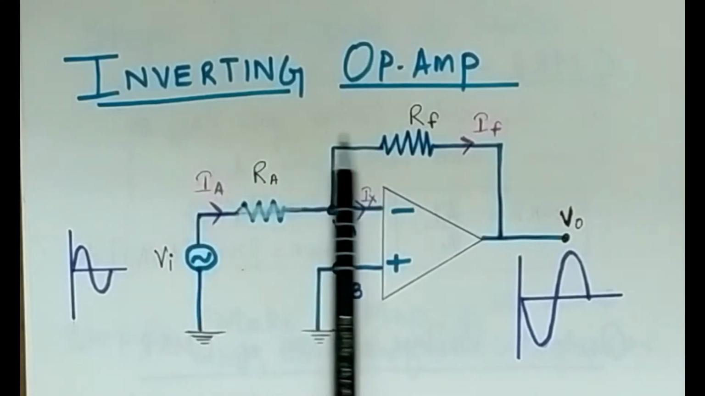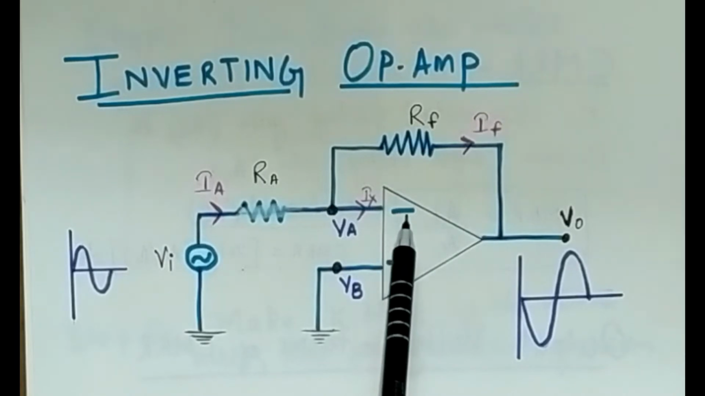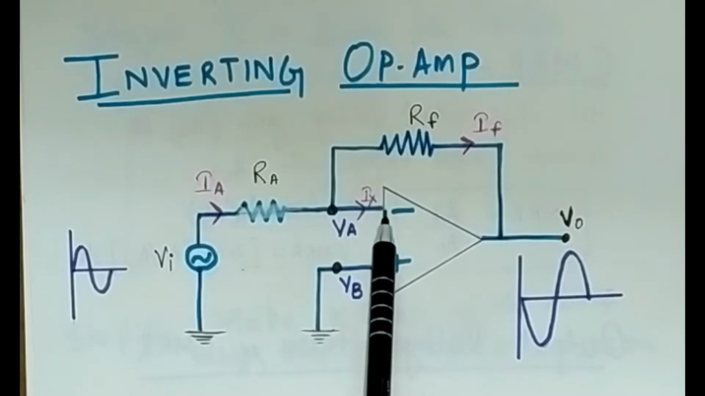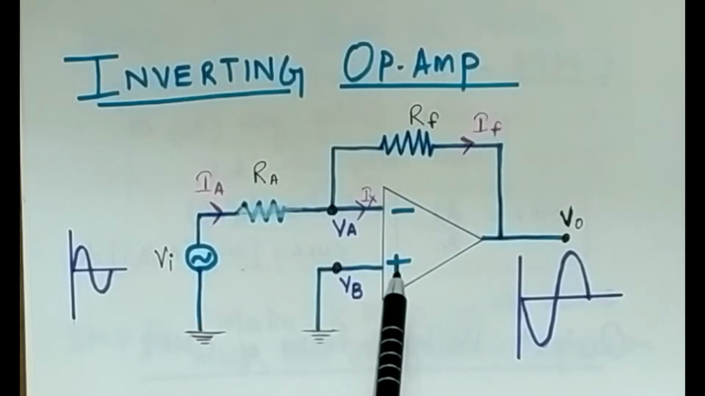So why is the name inverting OPAMP? Since I have told you in the previous lecture that an OPAMP has two input terminals. This is negative and this is plus. This is called the inverting terminal. This is called the non-inverting terminal. So when the input voltage is given to the inverting terminal and the non-inverting terminal is grounded, then it is